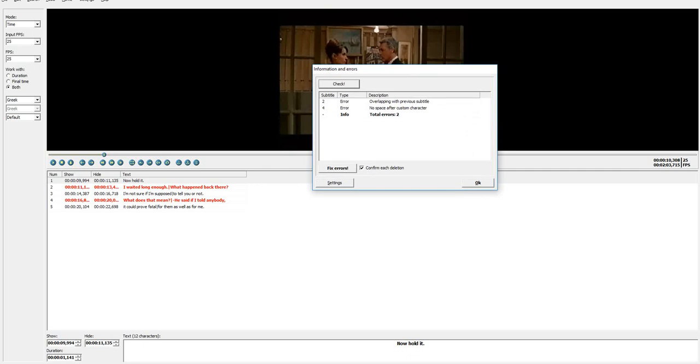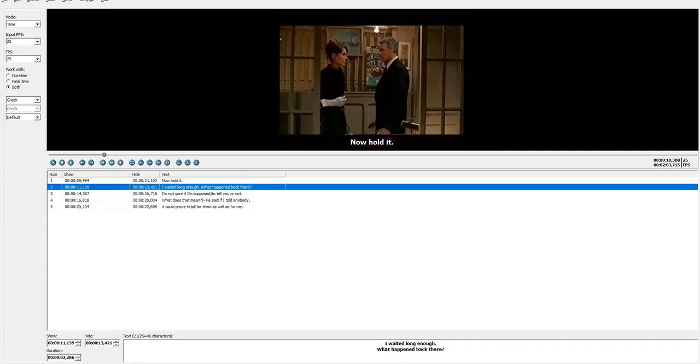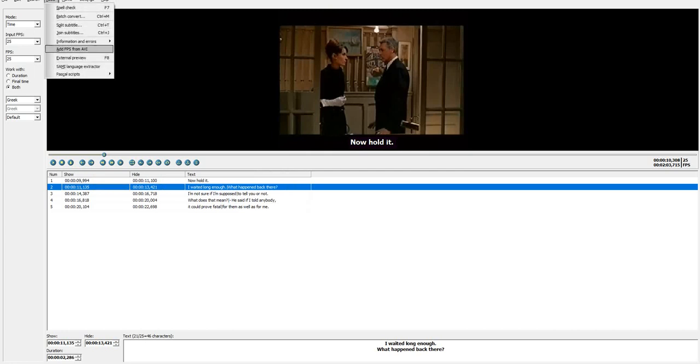So, for example, here, the first error is on subtitle 2. On subtitle 2, I see that this subtitle is overlapping with the previous subtitle. And if I look at this, I see that actually the previous one stops at 11.100 and the next one starts at 11.35 now that I have fixed it. So if I run another check now,